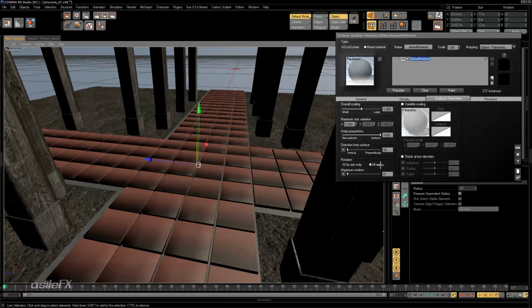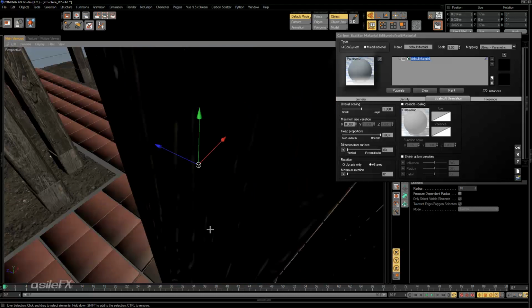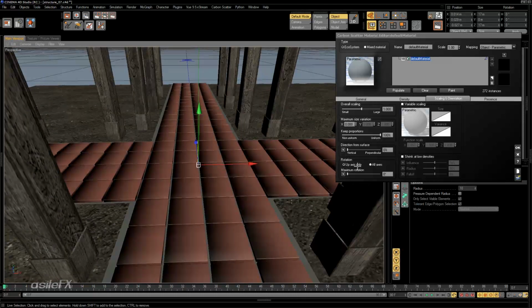Now we can't really use the all axis mode for this because it's going to be way too difficult to find each of the individual values. It's kind of hard to control in order to get it to be flat, if it's even possible. Sometimes it's just not possible in order to get it oriented correctly. So we're going to use up axis only,